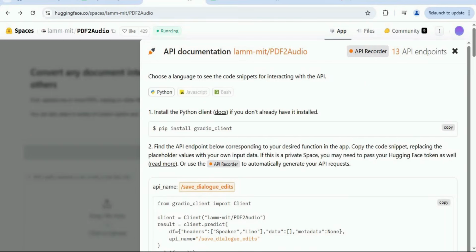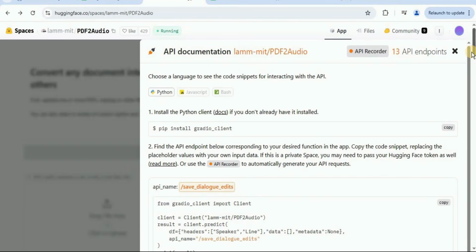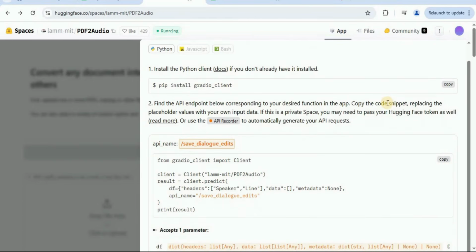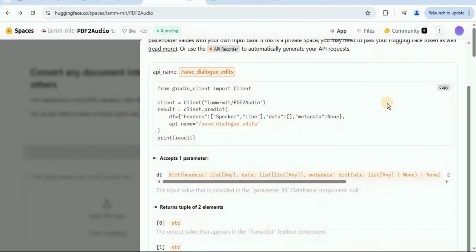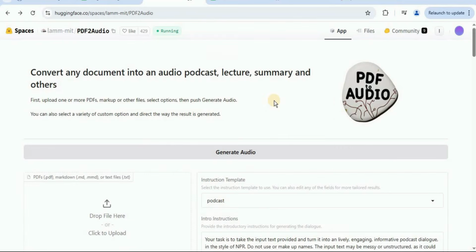Once you click on it, it will provide you all the different instructions of how you can use this API and integrate it in any of your projects. You can see all the different parameters for the API, including the code examples to use it right away, by scrolling to the bottom of the space, and then follow all of these instructions to integrate this endpoint into any of your projects. And this facility was not available in the Notebook LM. So this feature gives the PDF to audio the upper hand over the Notebook LM.